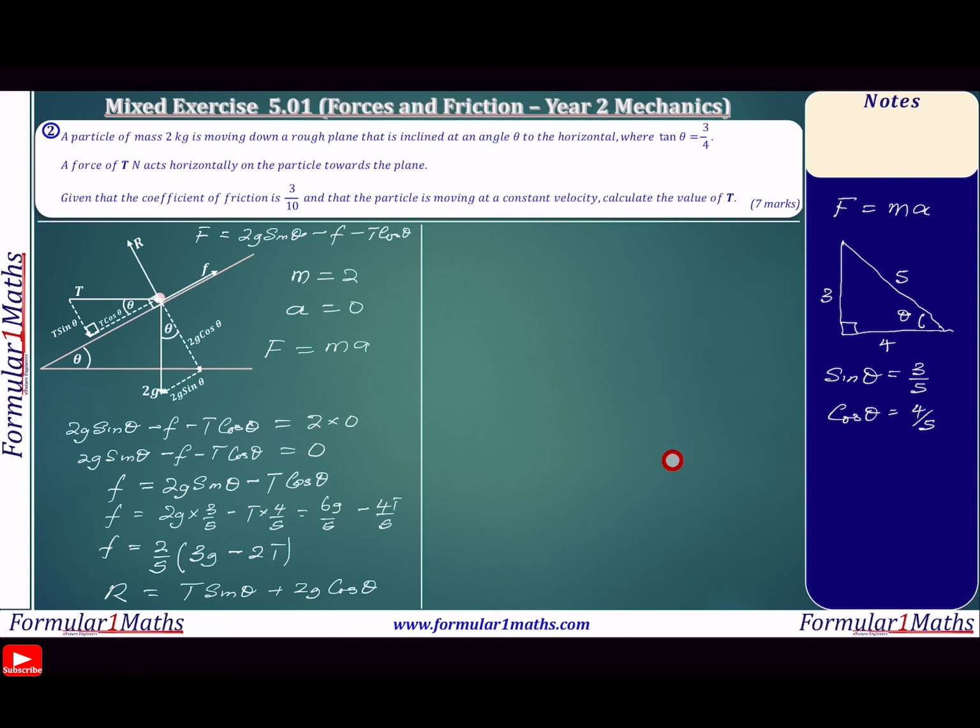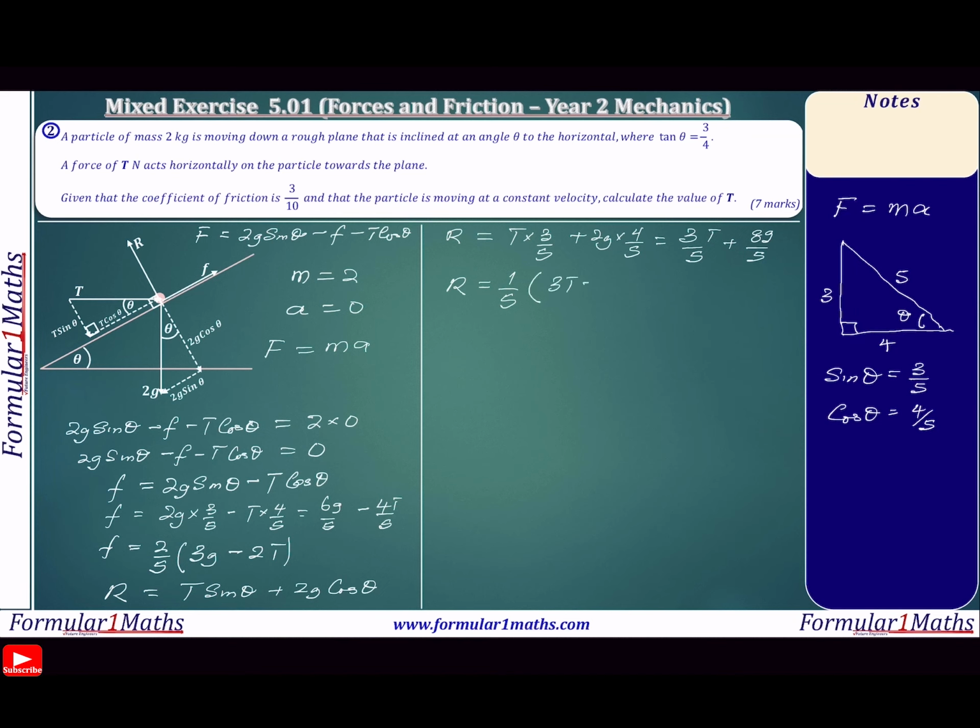We can go ahead and simplify this equation by doing our appropriate substitution for sine theta and cos theta. So I'm going to get R is equal to T times 3 over 5 plus 2g times 4 over 5. That will give 3T over 5 plus 8g over 5. R will become 1 over 5 brackets